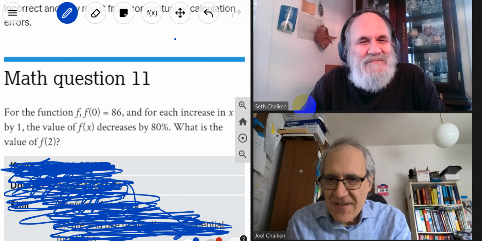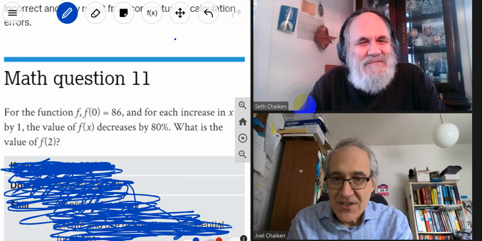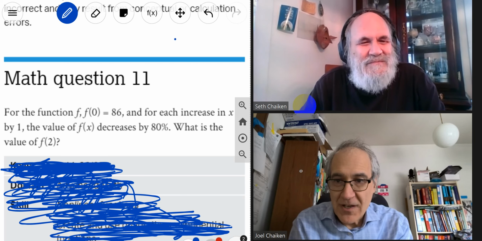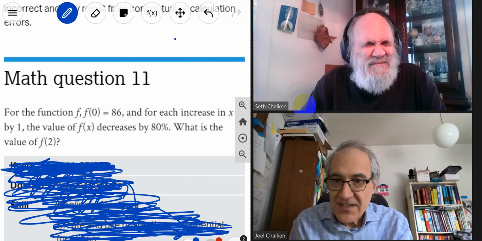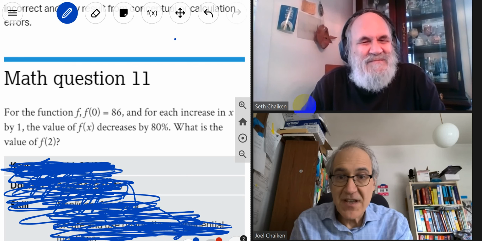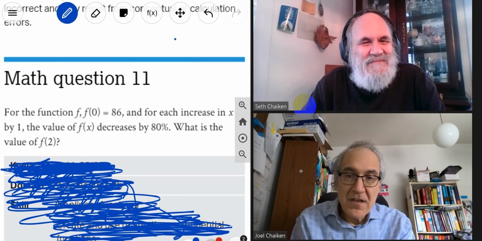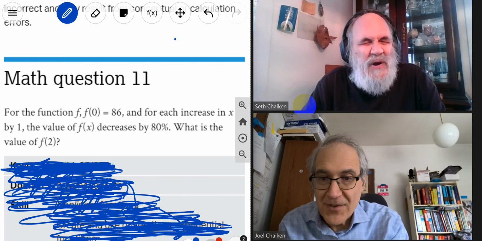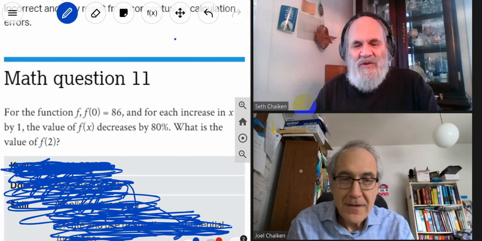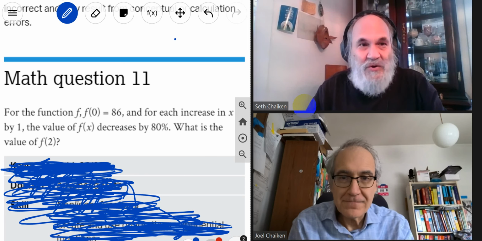For a function f, f of 0 is 86, and for each increase in x by 1, the value of f decreases by 80%. What's the value of f of 2? As Seth would say, you just follow your nose on this. It's easier to follow your nose when you know